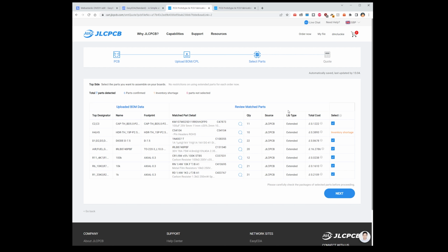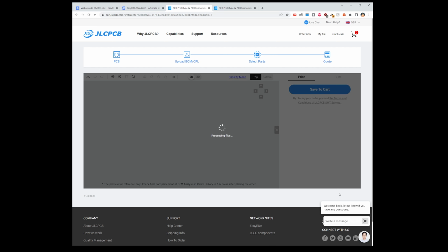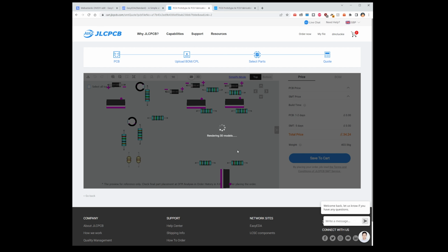So everything is in stock, you can see, apart from the two sets of headers here. Header 4 and header 5. Well, it's really header 1 and header 2, but I didn't bother to renumber them. And they don't have any. So you'll get everything else on the board. Press next. Apart from the two sets of headers. As I say, we'll come back and I'll show you what to order to solder them onto the board yourself and what to do. And then from here, once it's rendered the 3D model,